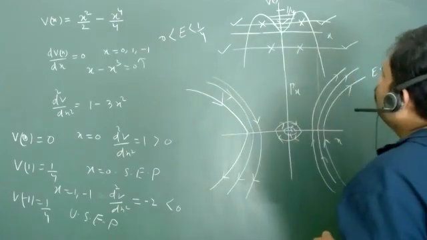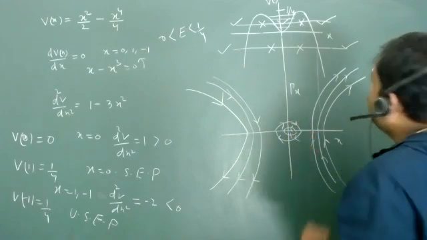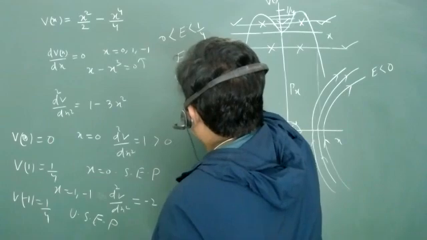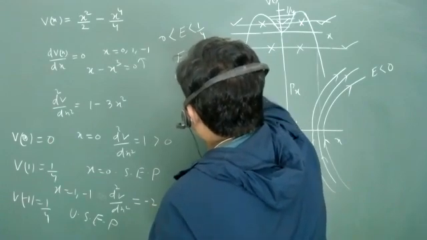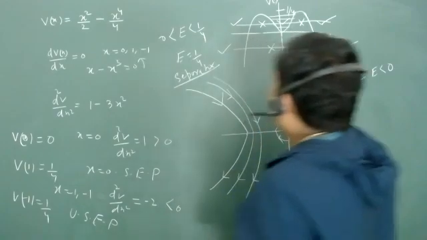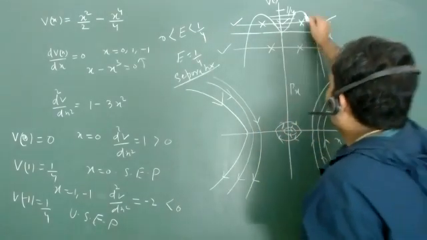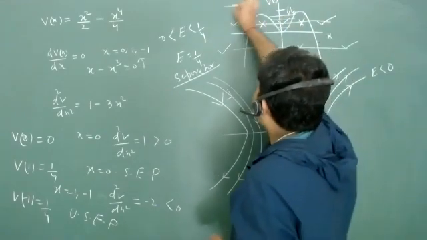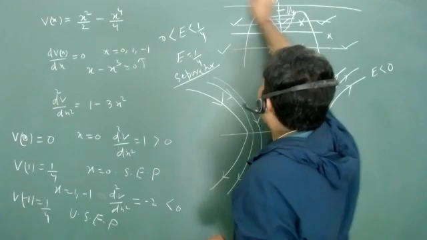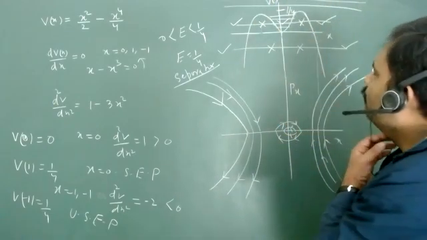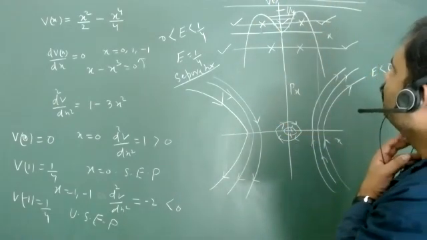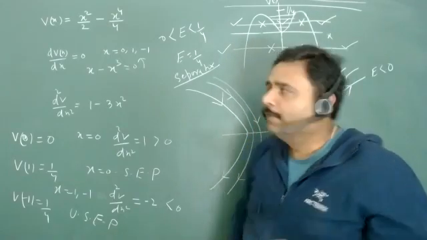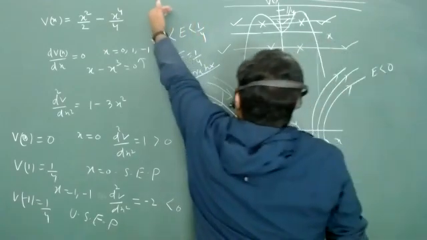Okay, so now let us go for the next one. Obviously, for E equal to 1 by 4, we have to plot the separatrix. We will plot it in the last. But before that, we will go for E greater than 0. For any value of E greater than 0, we have a different situation. Is your particle bounded or unbounded? Your particle is unbounded. So you will start from here.